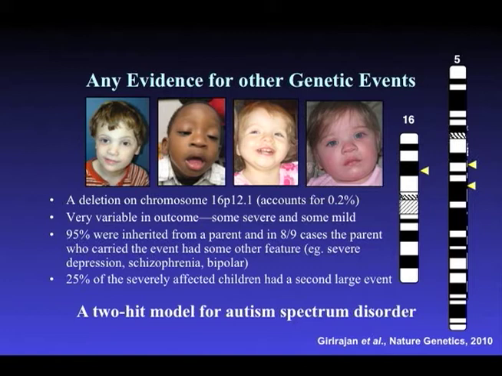It was again one of those microdeletions that was very variable in its outcome. Sometimes children were fairly mildly affected, like this child here to the right. Others were severely mentally handicapped. Unlike the others that I described, almost all the cases that carried the 16p12.1 deletion were inherited. We were shocked initially because we expected 50-50, that makes some sense. But every one, except one case, was inherited from a parent.